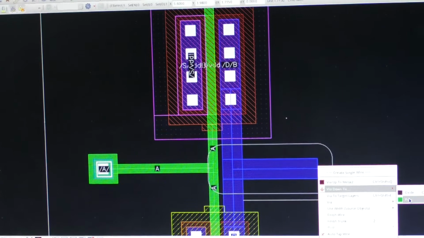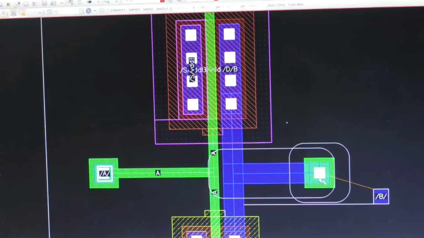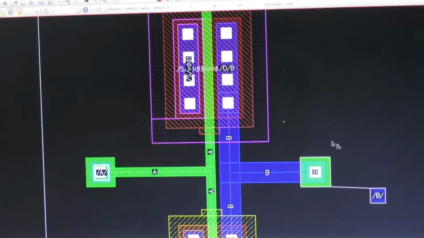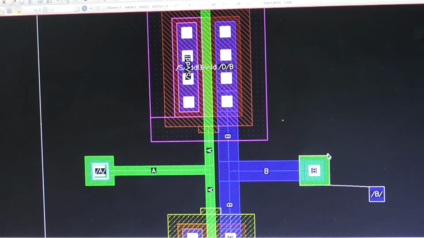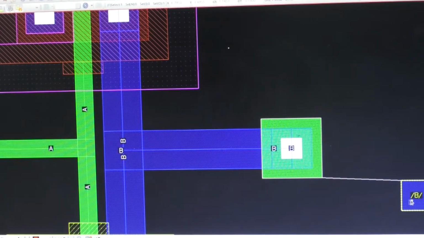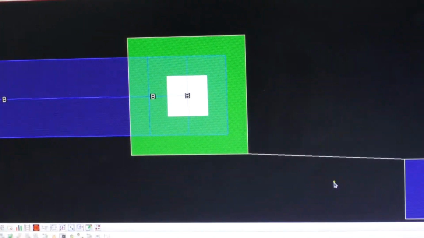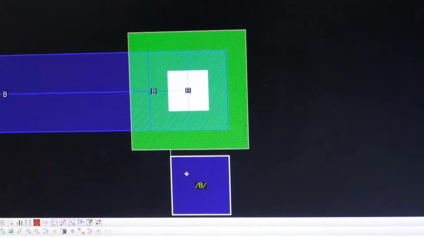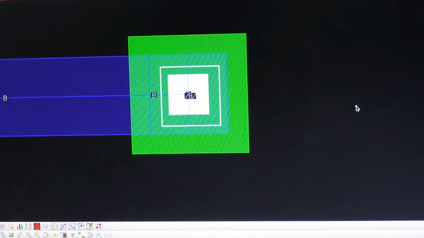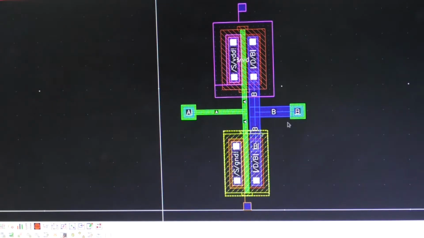Similar to this input port, I am converting metal one to poly, from which we can make any interconnection using the poly layer itself. Here I am simply placing this output pin B inside this pin. Now these two interconnections are over.